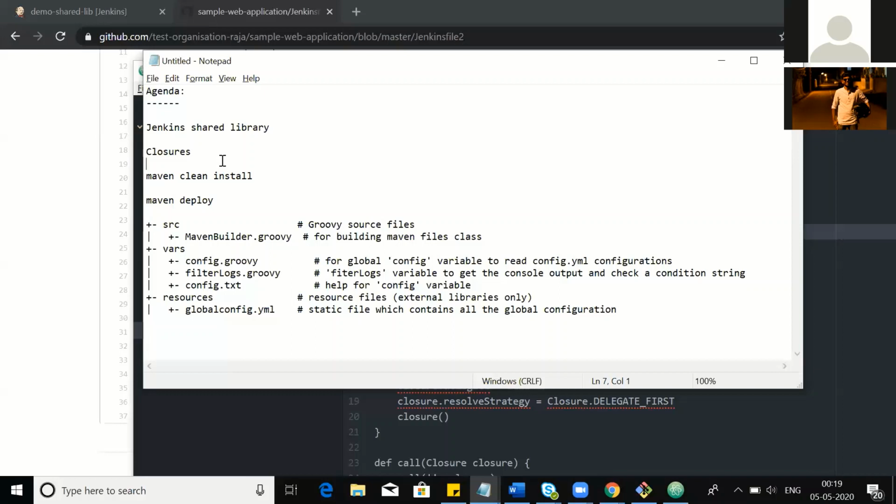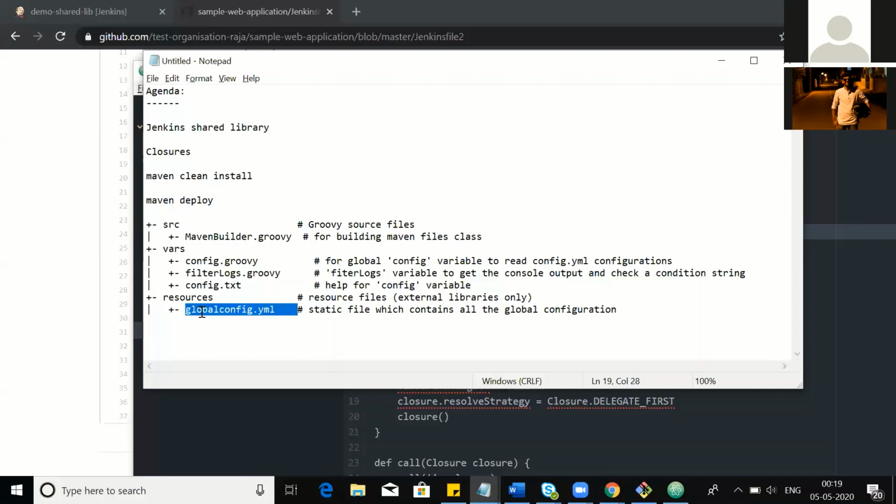So I have a Maven project basically. In this project, I've not hard coded the goals. The goals are being specified in a separate static YAML file, which will be present in the resources section. In case you want to override that YAML file, each repo can have a separate YAML file.